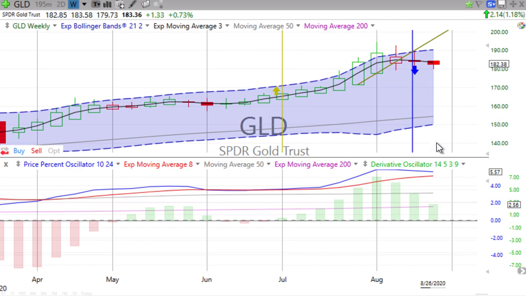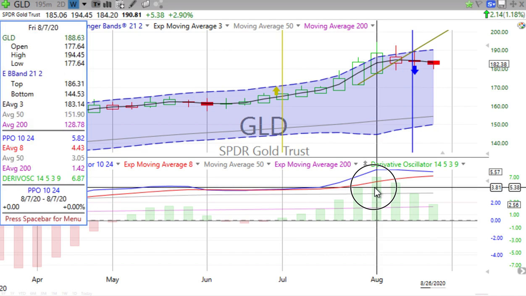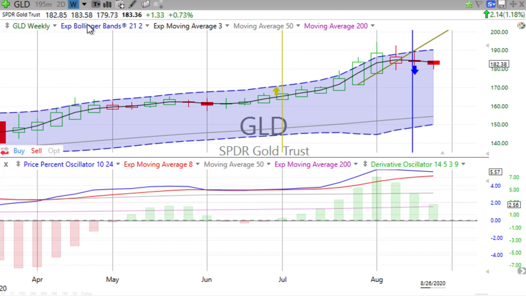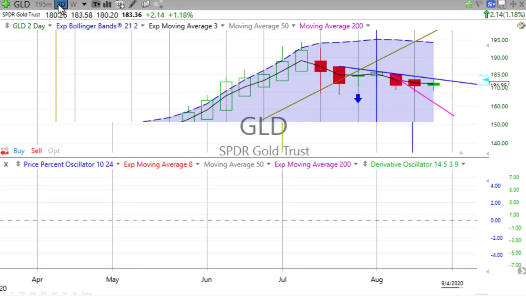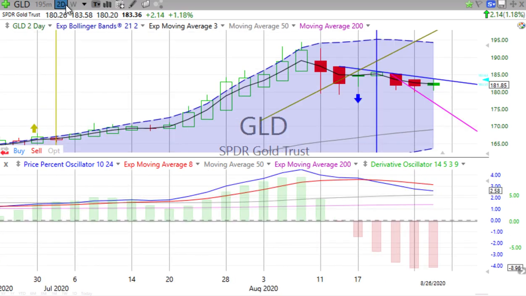It was nice to see an up day. Price percent oscillator is still positive, hasn't crossed over. Derivative oscillator is still positive and has been losing momentum since the peak back on the week ending the 7th of August. Look at the 2-day chart. We have a green spinning top. Indecision is what that shows us. Price percent oscillator is losing some of its downward momentum. Derivative oscillator flat. And again, price is still below the